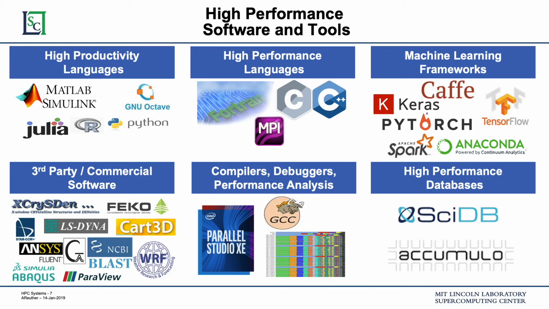Finally, some HPC systems also have high-performance databases like Accumulo and SciDB installed for advanced data management and analysis work. These two databases are built for high-performance data management for scientific applications. SciDB is an array-oriented database which can be scaled up to many server hosts. Its basic data building block is an array of data, and it is especially good at storing and computing on time series signals and arrays. The Accumulo database is a highly scalable key value store that can handle dynamic database schema to manage data. In that capacity, it can store and compute analytics and data structures such as graphs and unstructured and/or dynamic databases.